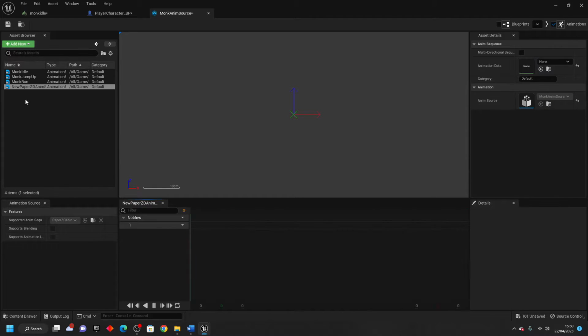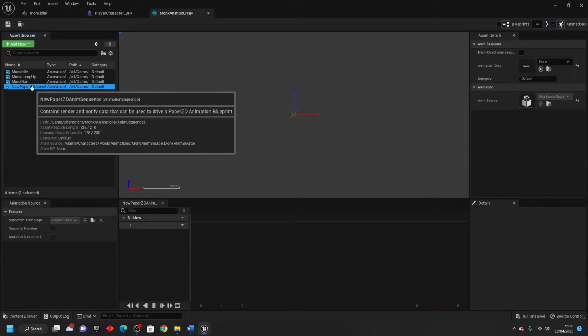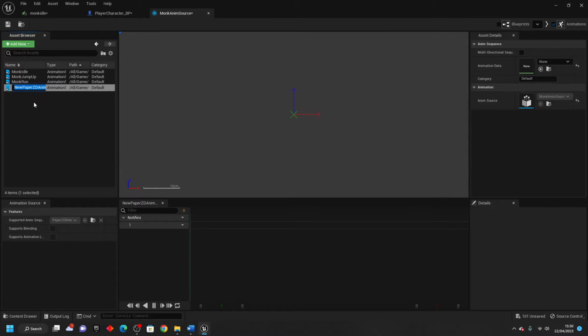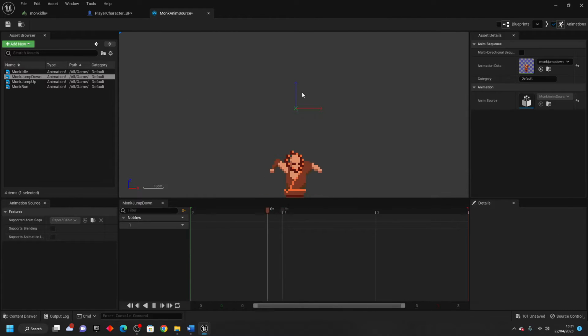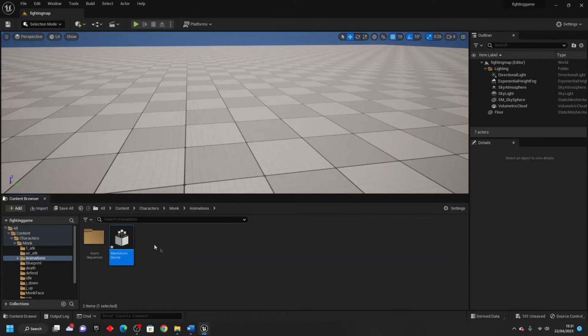I'll add another one, and quick tip, you can just press F2 with one of these selected and that will allow you to rename it quickly. I'll call this one monk jump down and I will select the monk jump down flipbook. So we're going to reference and use this animation source when we set up an animation blueprint for our monk